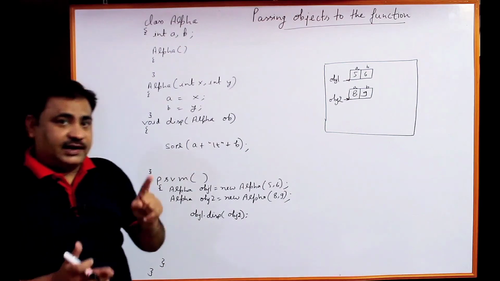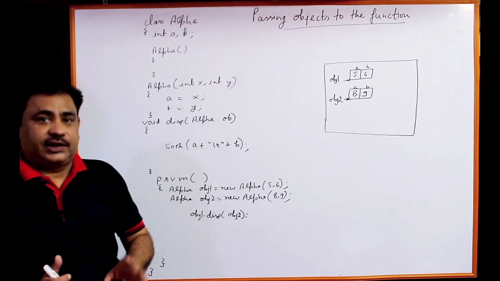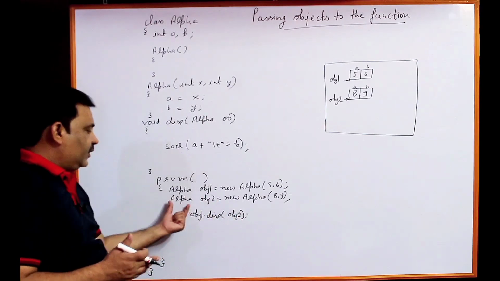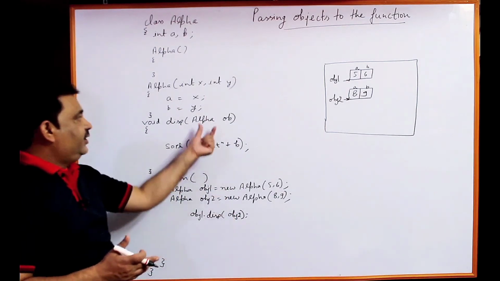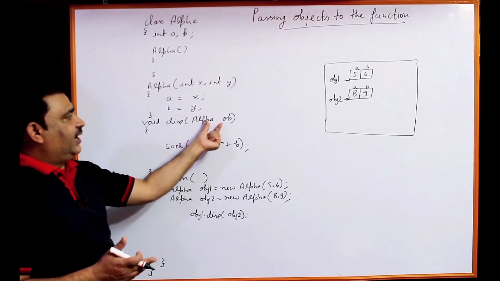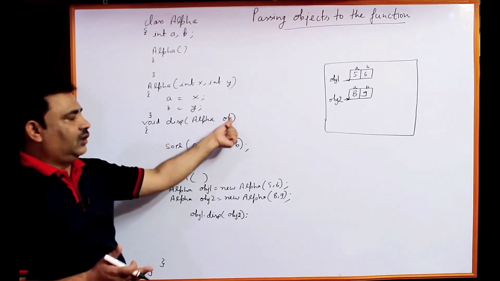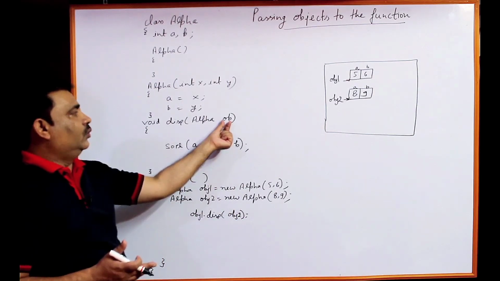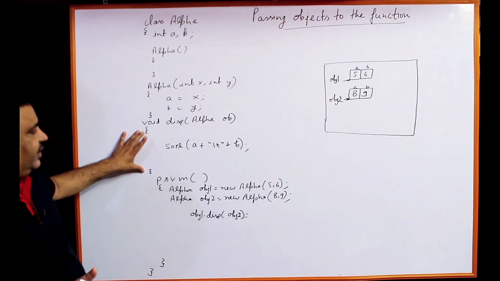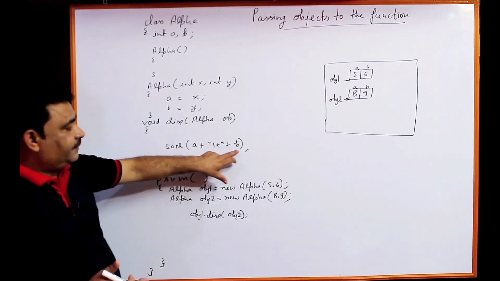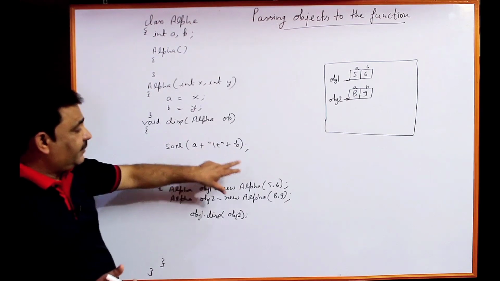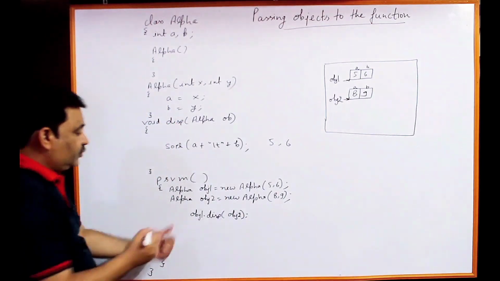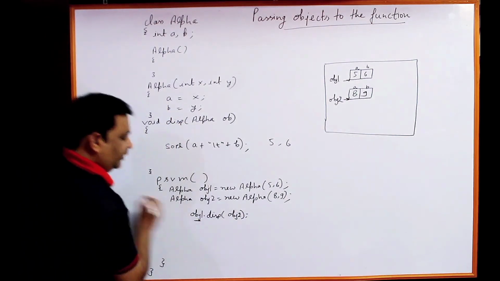As I told you earlier, class name is a user defined data type, means class name is a data type. So if I am passing obj2 which is created with the help of the class name, same way here you have to declare one variable with the class name alpha. OB is the name of the variable which is called an object, and the reference, the address of obj2 will be transferred to OB. Now again see here, what will be the values of A and B? The values of A and B will remain 5 and 6, because we are calling the disp function with the help of obj1.